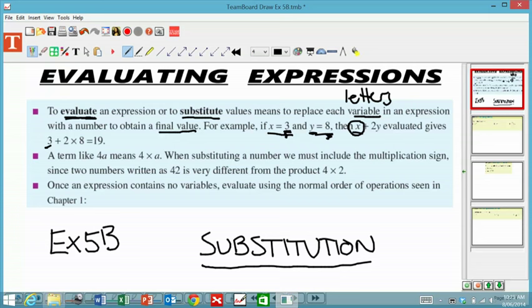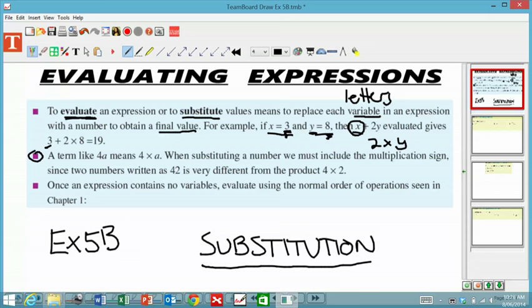Now we've got to be careful with this. Remember 2y, what's happening between the 2 and the y? Hopefully you said, well, it's a times. There's a multiplication sign there, Mr. O'Donnell. Because a term like 4a means 4 times a, which we just went through. When substituting a number, we must include the multiplication sign. So when we've just got the number and the letter, or the coefficient and the pronumeral, we don't need to write the multiplication sign. But when we're evaluating and substituting a value in, it's important that we do, because if we don't,